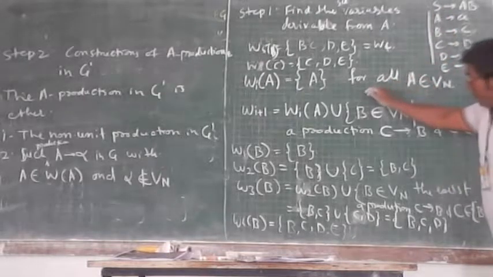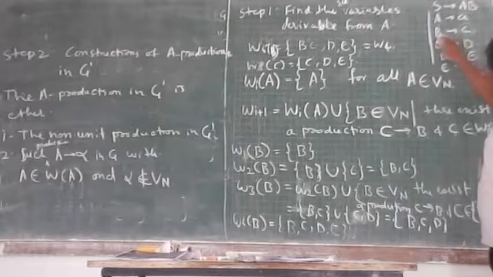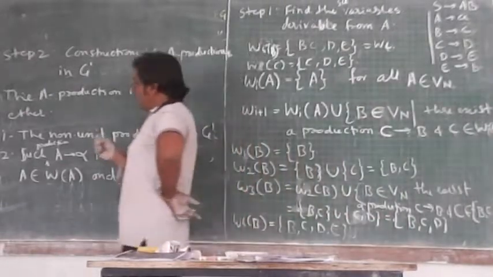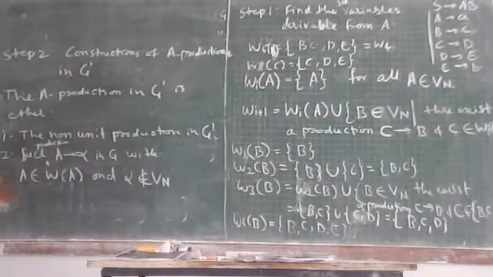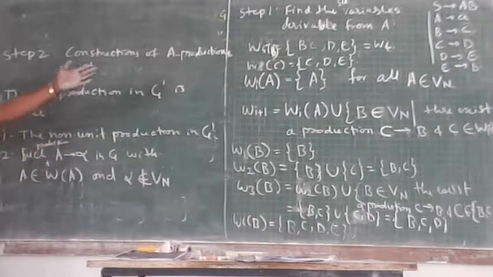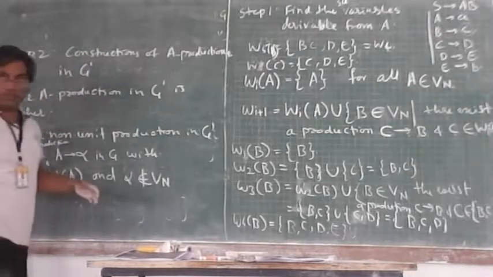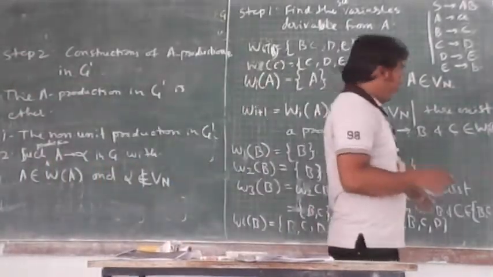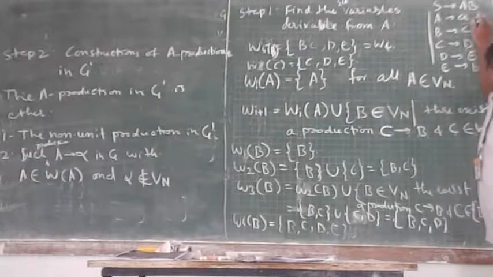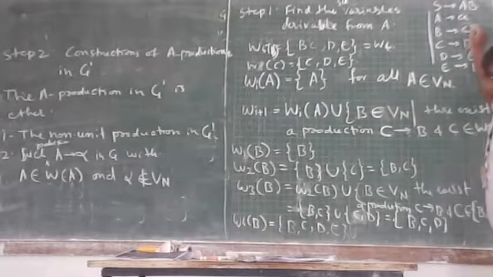By going through calculating W S, we collected the information about what the various unit productions are, and in this second step we are really going to eliminate them. How are we eliminating them? We are not dealing with non-unit productions. We are allowing all non-unit productions into a graph. What are the non-unit productions? Productions where the size of the right hand side is more than 1. We say a production is a unit production if the size of its right hand side is 1.